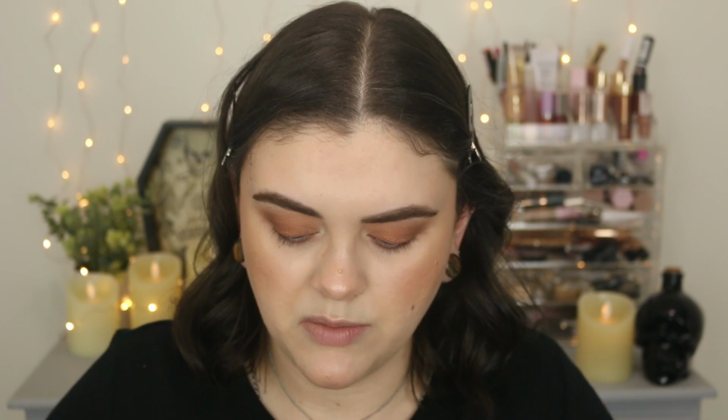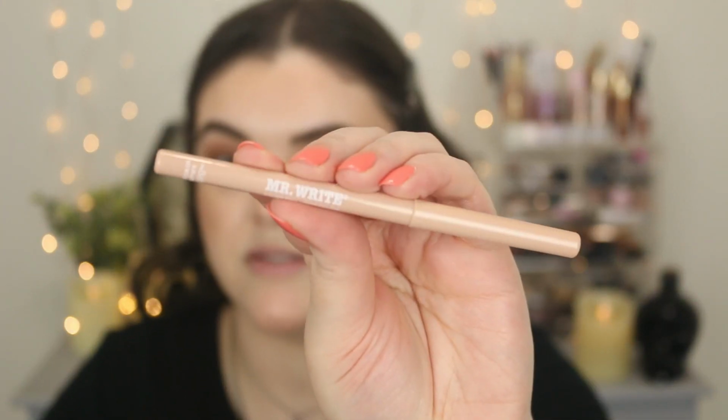lid. And I think to highlight the inner corner, I'm going to use that same e.l.f. highlighter. Oh yeah, that's the perfect inner corner highlight, because I feel like I don't really want to use that same color on the lid to highlight the inner corner because it's definitely not light enough for my skin tone. I'm going to take the Mr. Right, it's just like a nude pencil. This is from TheBalm Cosmetics as well. This is a very fleshy nude. It's not super bright, but it has a little bit of brightness, but it's not like stark white, which I